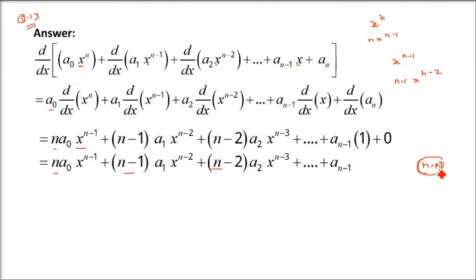Right? And then the next term, x to the power n, d by dx of a n, last one is 0. Now, the x to the power n minus 1, which has come here, then x raised n minus 2, so it goes up to n minus 1, n minus 2, n minus 3, like this. So, this goes till the n term, x raised n minus n. So, this is how the differentiation will be done.